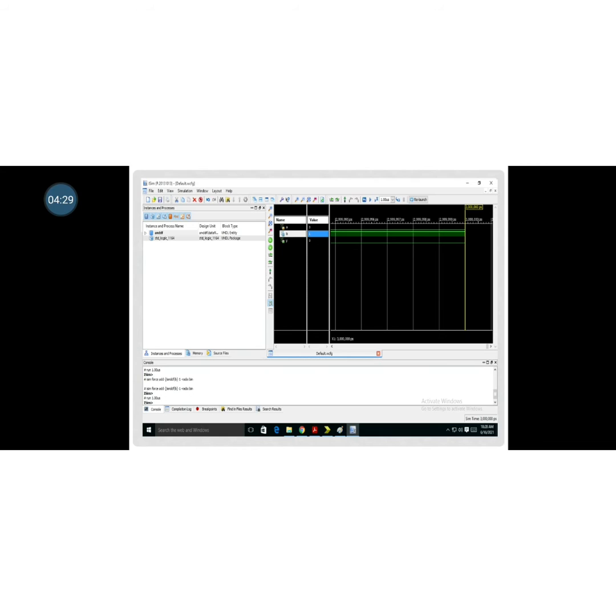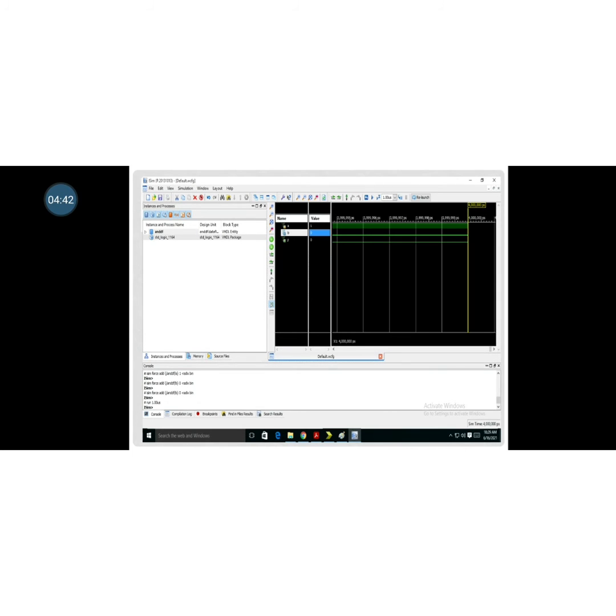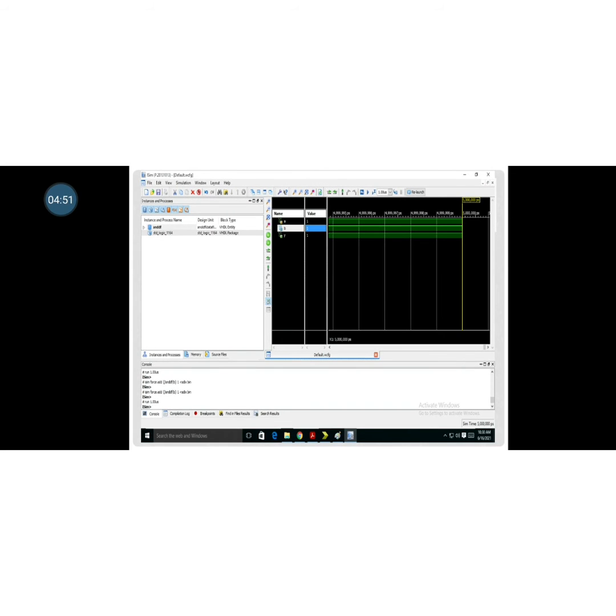This is how one by one inputs you have to give, and then the output will be generated in the form of waveform, and you have to verify it using the truth table. The next input, A is 1, B is 0, the output Y is 0, and the last, A is 1, B is 1, the output is 1. So this is the output of the AND gate using data flow model.